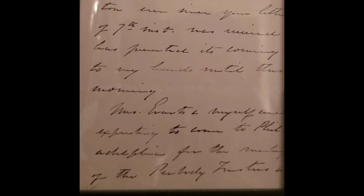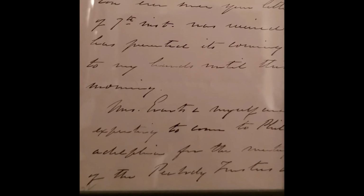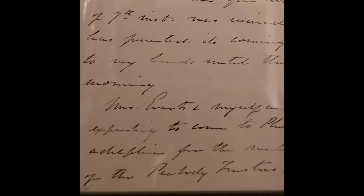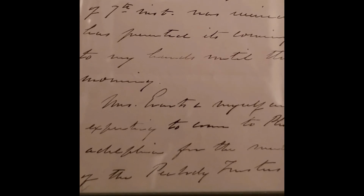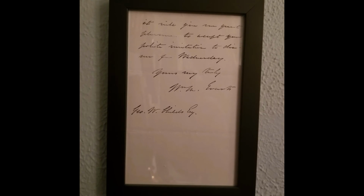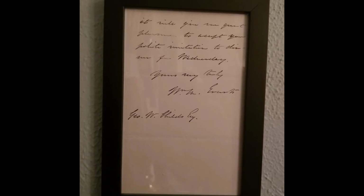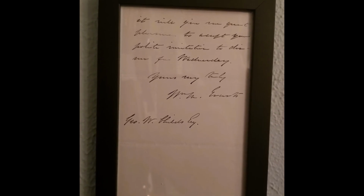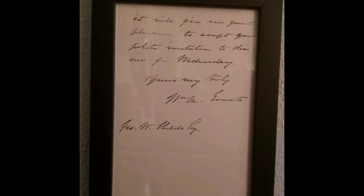The letter states, "My dear sir, I regret that my absence at Washington ever since your letter of the 7th has prevented its coming into my hands until this morning. Mrs. Evarts and myself are expecting to come to Philadelphia for the meeting of the Peabody trustees, and it will give me great pleasure to accept your invitation to dinner for Wednesday. Yours very truly, William M. Evarts." The referenced Peabody trustees refers to the trustees of the Peabody Education Fund, established by George Peabody, widely regarded